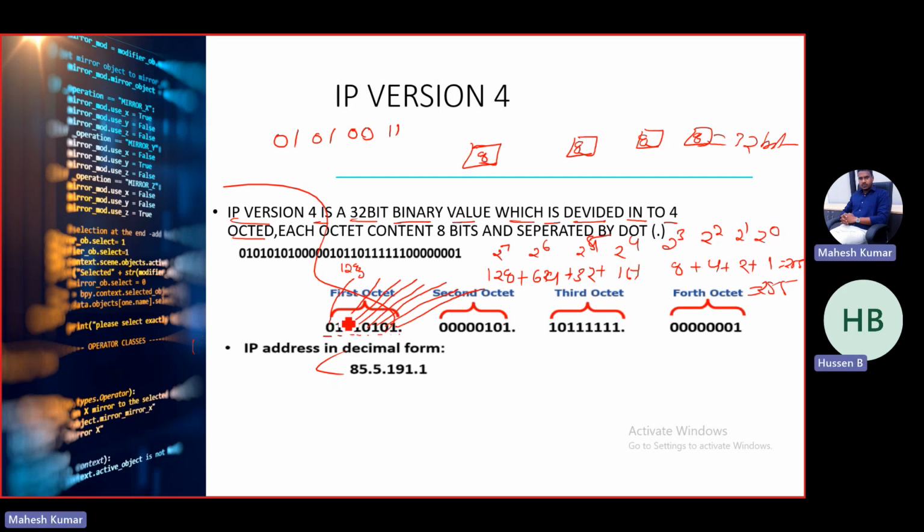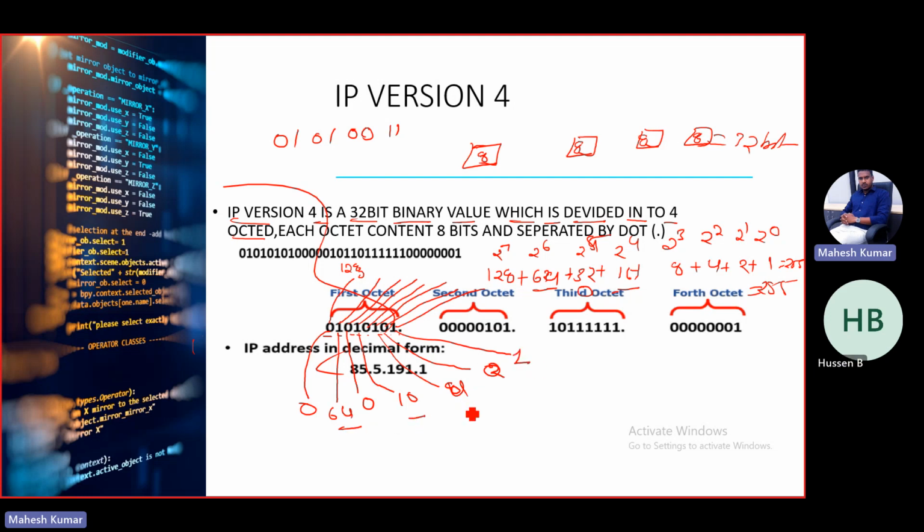So in our case, zero means zero. One means 64, because it is in the second position. Then the third is zero, then this will become zero, right? Then again 16. Then again 1, then it is 8? No, this will be 4, right? Then 2 is 0, because it is 0. Then 1 means 1. So if you add 64,